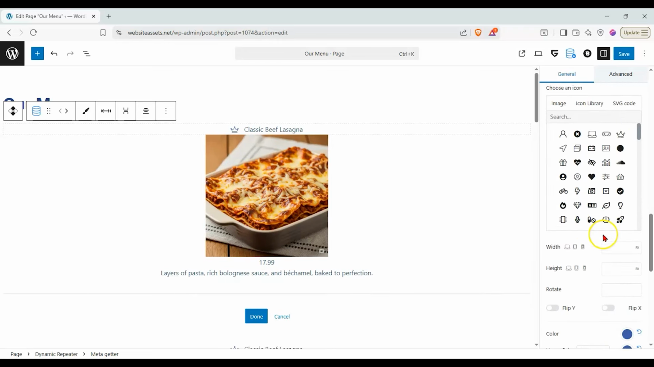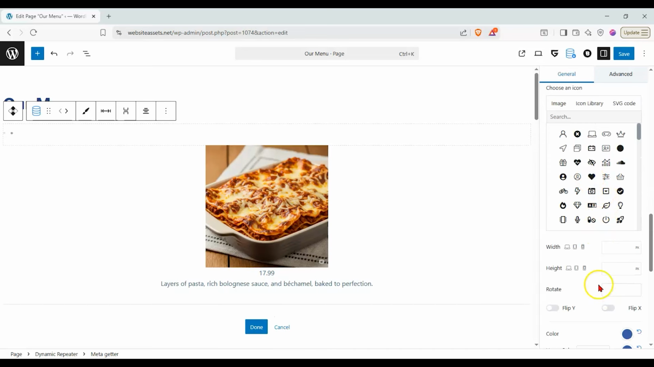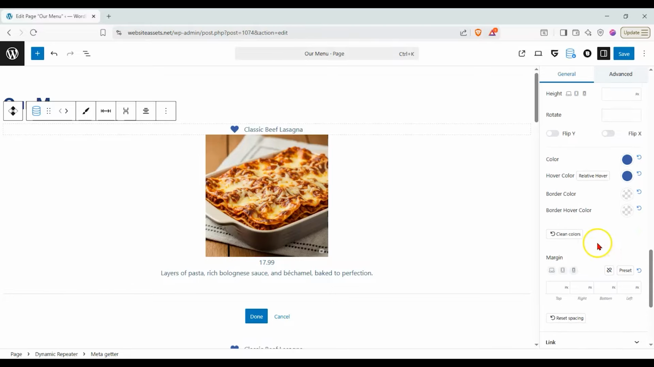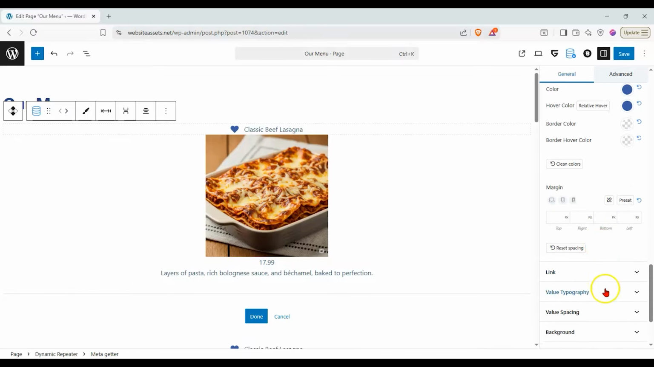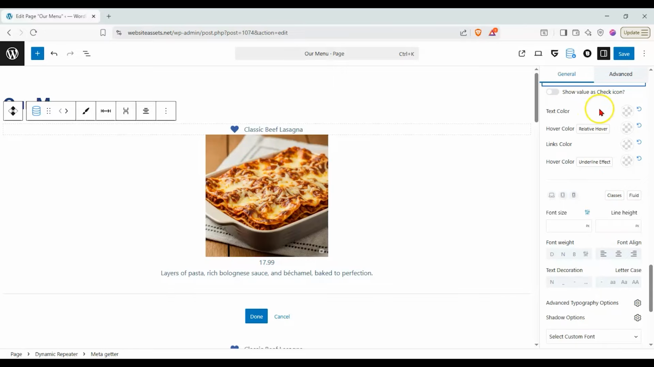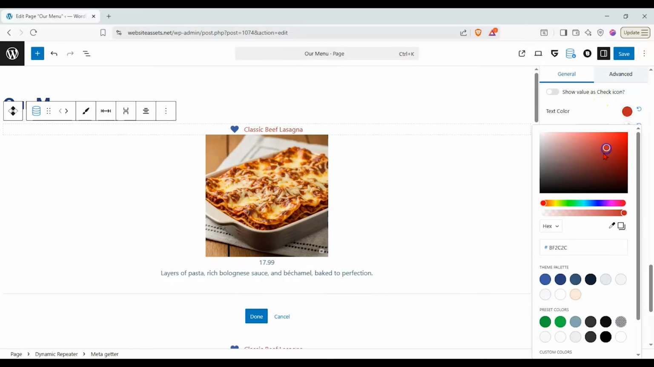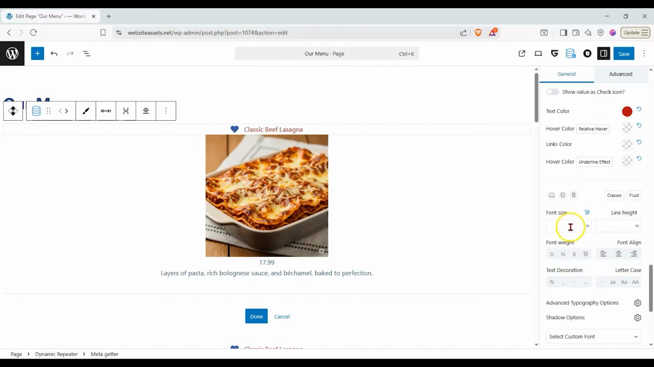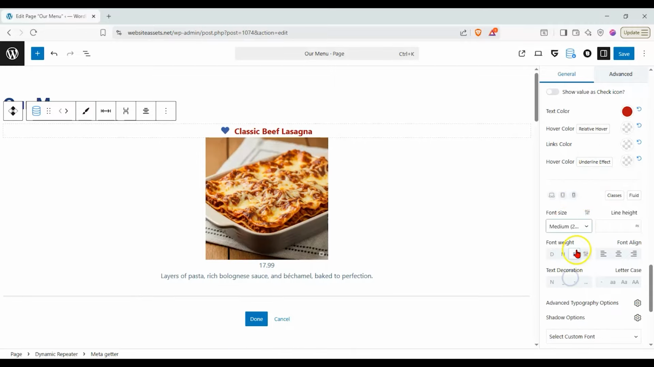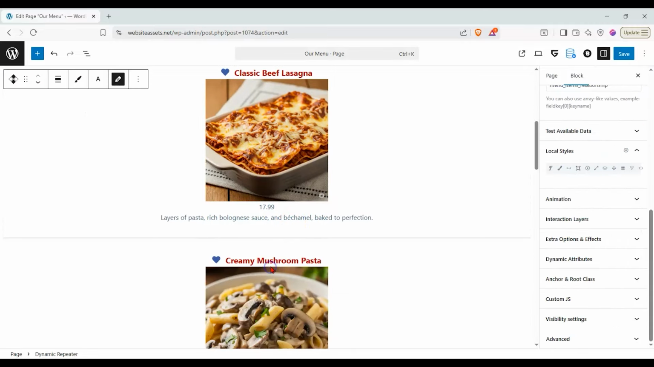Let's go ahead and do that. Add an icon to this, and we can change the colors, the margins, the value typography. We can change the text color to be deep red here. We can change the font size, right? Make it all caps, or make it bold. Change the font size here to be a bit bigger. And then the same thing with our